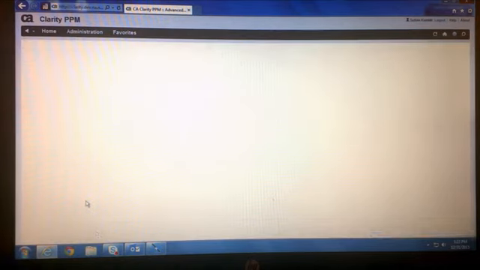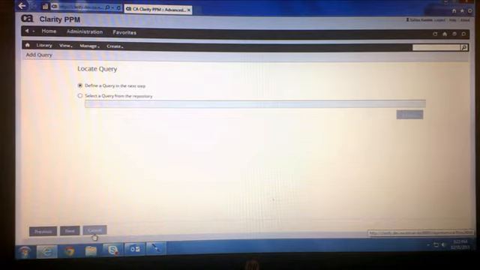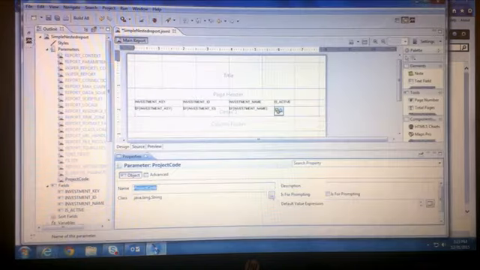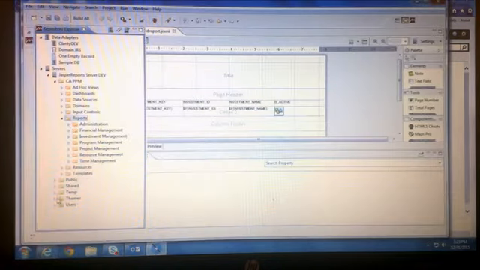Then the result will be what we have seen already. Remember that the sequence of this is very important. Active is selected by the user first, and then the project codes are filtered based on that. So when you create the controls, this sequence is important, and that is why you might have to create the control on the server side and then reopen the report from the repository that comes up here.